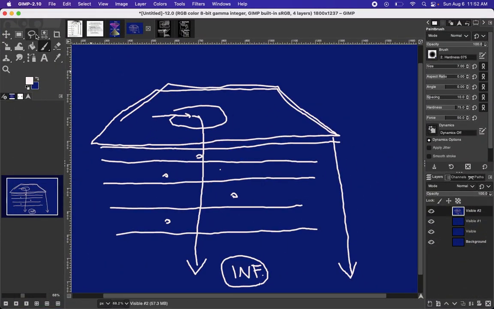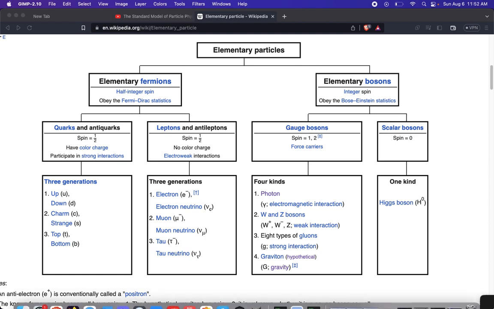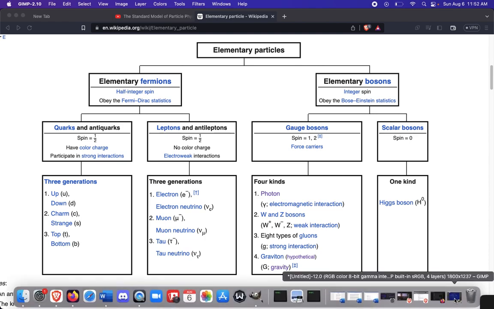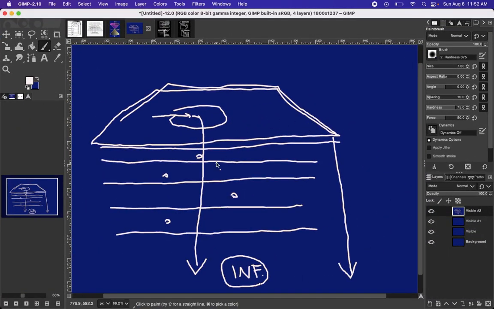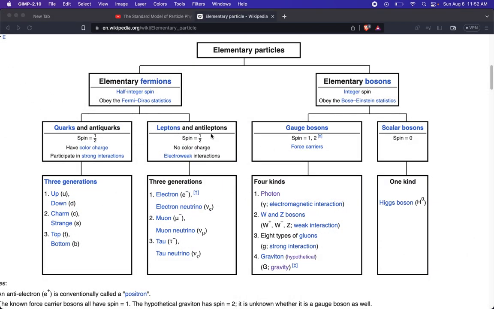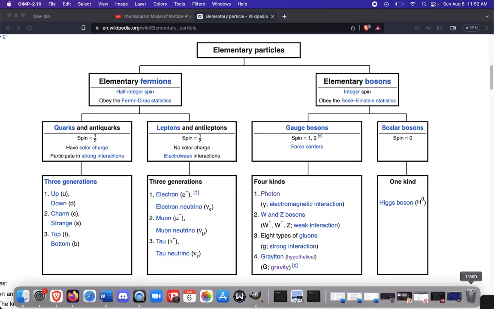So let's just say that you had, and this is not going to be exact. This will have to be worked out over time by real actual physicists. But say you had some fermions and bosons, and you had up here some other stuff. This isn't the first layer under our universe, but I'm just doing a very general sketch, and then let's say some leptons.